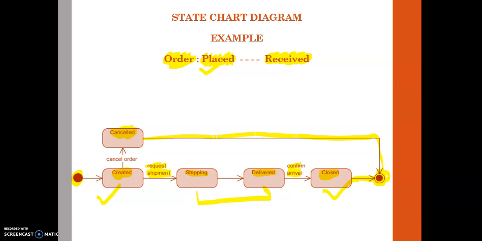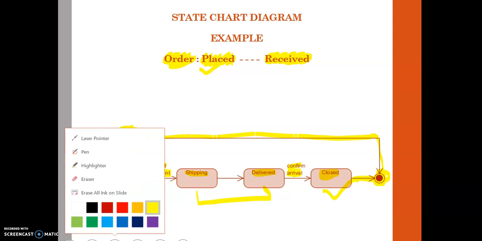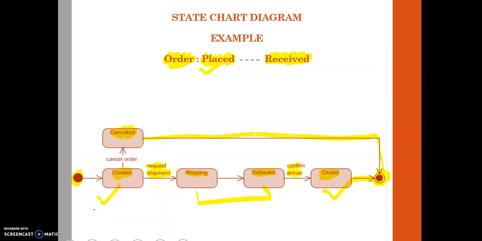Now one thing you need to understand here is, there can be a question like, after placing the order, right? After placing, I cannot directly request for the shipment, because the vendor must accept the order, right? First it will accept the order. So what is the normal process? First we place the order, right? Placed, then accepted by the vendor.